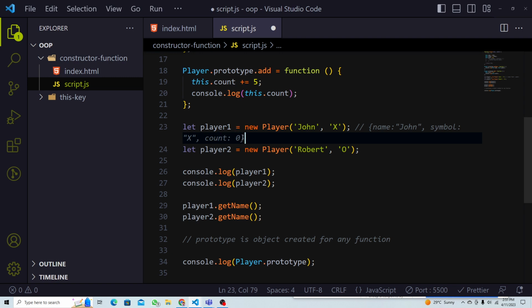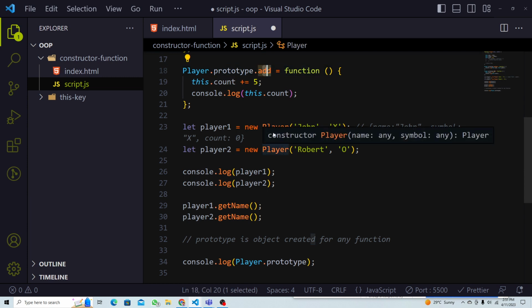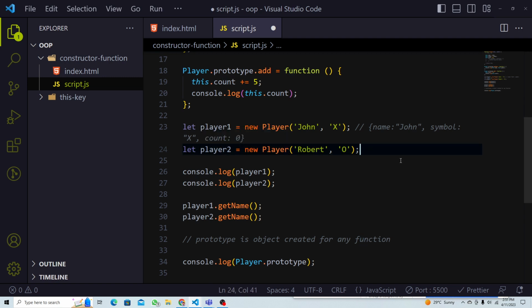of course, you can increase the value of the object property of your object, correct? So that is done by this add function. So that's the point here. This is referring to the property of the object. Who is calling that function add? This is referring to this property. Then player 2 has again the same thing, and this will refer to the player 2 count, not the player 1. So that's why,